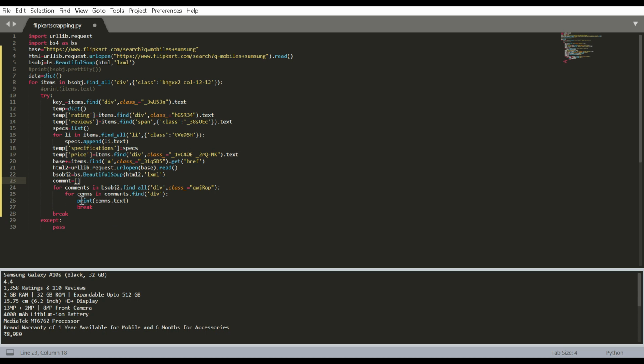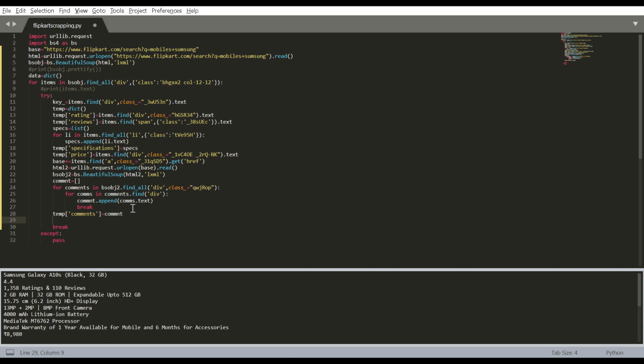Let's put it in a list and let's append that, comments dot append. Once this is done, let's put that here. Temp of comments equals that, which basically stores the comments.